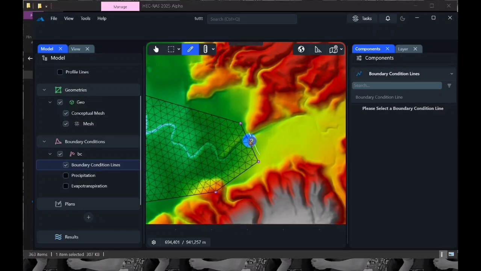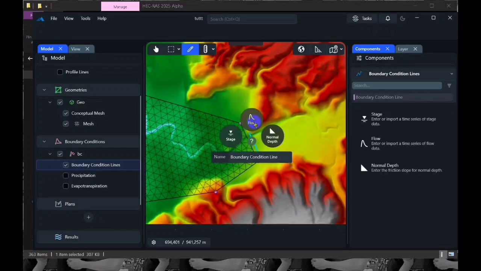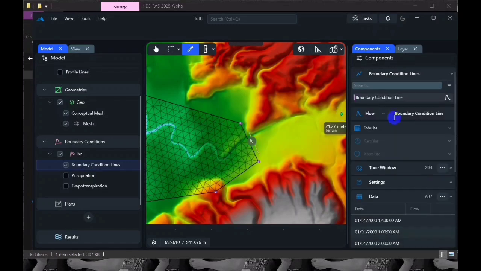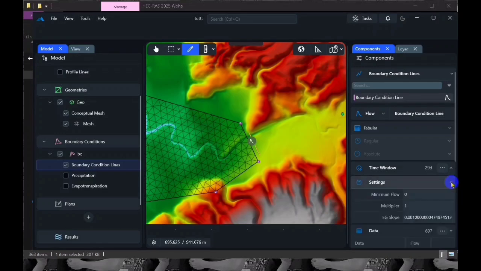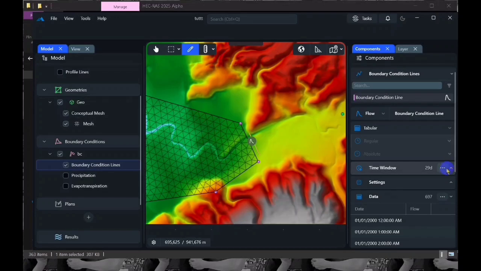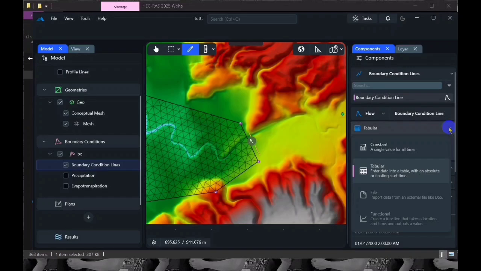Just double click and then click that question mark, and then we choose: if you have a hydrograph, you can click the hydrograph, and if you have rain, you can also click the rain. And if you have a stage hydrograph or stage data, you can click that one as your input,